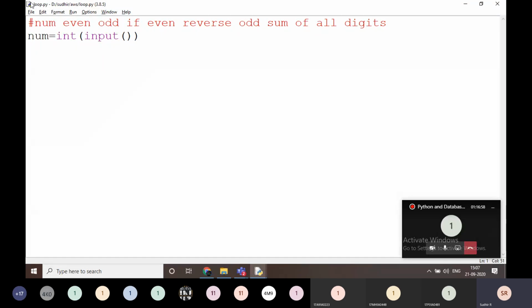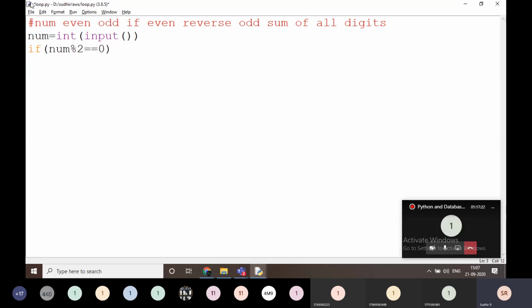If the number is even, I'm going to reverse the number. If the number is odd, I'm going to call another function, that is sum of all the digits. I'm going to find if a number is even.